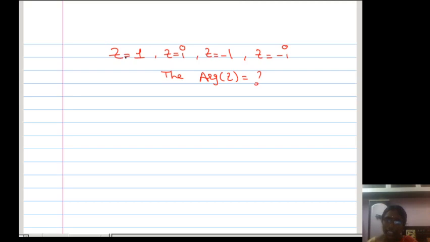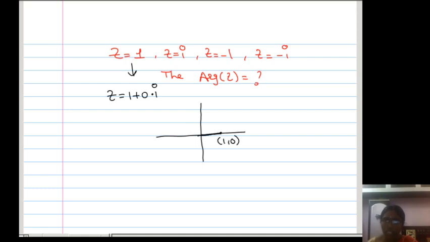See, z is equal to 1 means you may have a doubt. z equal to 1 is written as 1 plus 0 into i. Is it a complex number? A real number is also a complex number. You can write it in the form with imaginary part 0. How to draw the figure for this? So z equal to 1 is represented here as the point (1, 0).